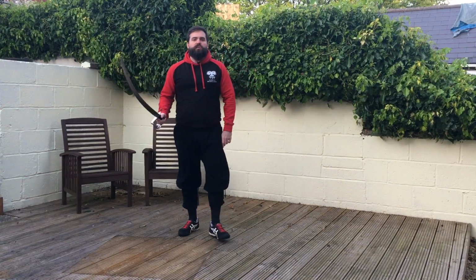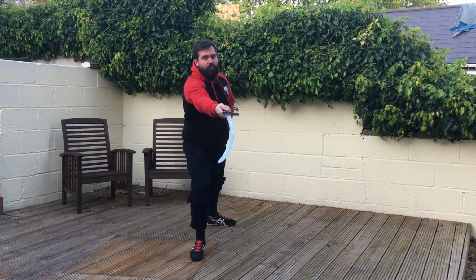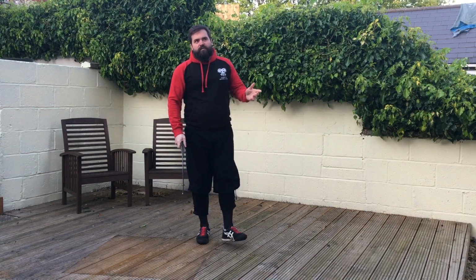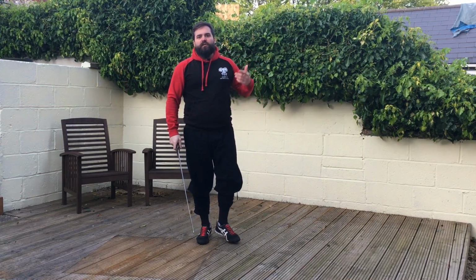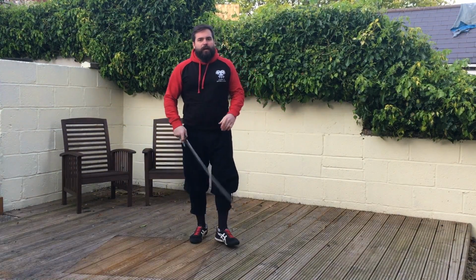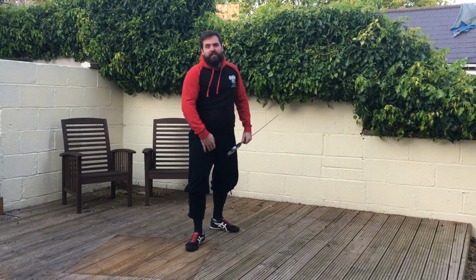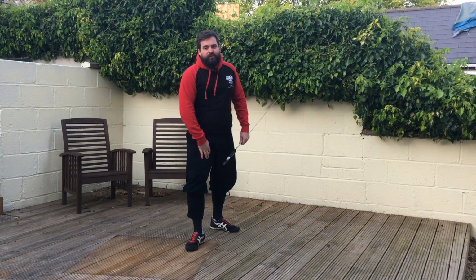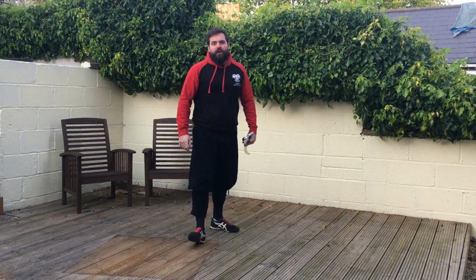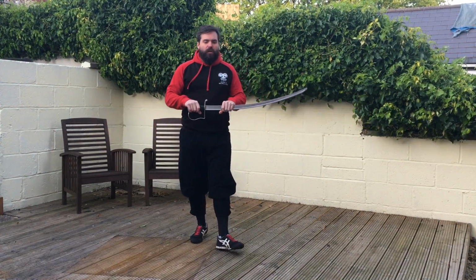What most people do when you tell them to attack the leg is they do this, which is a cut 5. The reason they do it is because it's instinctive, it's natural, it's powerful. That's fine. Those are all good reasons to use that cut. And the inside leg is a real vulnerability. You've got the femoral artery and stuff like that there. You could do some real damage if we were actually using sharps. So it would be a good target to aim for. Fair enough. But